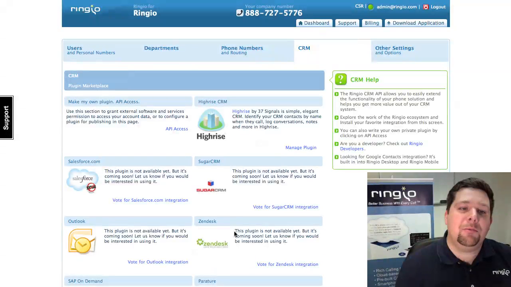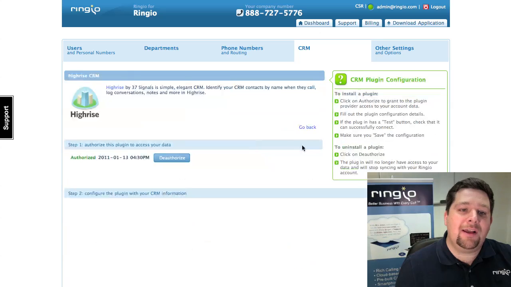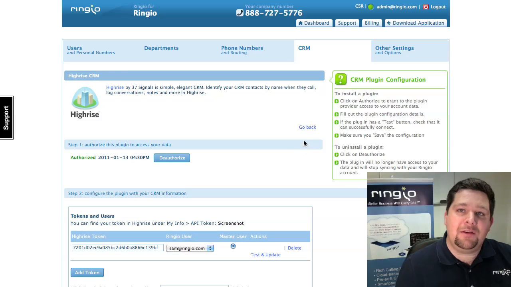So I click on Ringio Plugin Marketplace, and you can see that we have a variety of vendor providers plugged in here. Most of these are not implemented yet. We're looking for sharp developers to do this kind of work. But you see that the Highrise one is installed. And so I clicked on install plugin or manage plugin, and now it gives me a simple description of the system. You click on authorize, and then you have a chance to